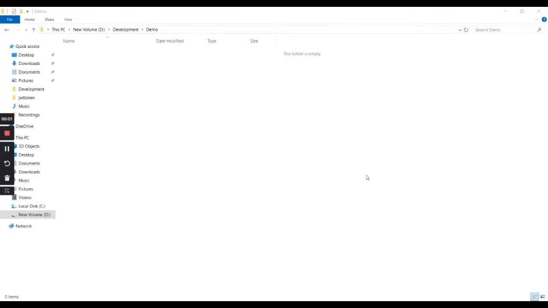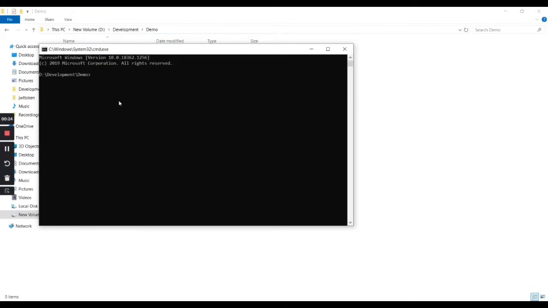Today I will show you how we can generate the JWT token in .NET Core. So let's get started. First we need to create the template. So I'm going to take the .NET Core Web API. So let's open the command prompt, and the command is dotnet new webapi,